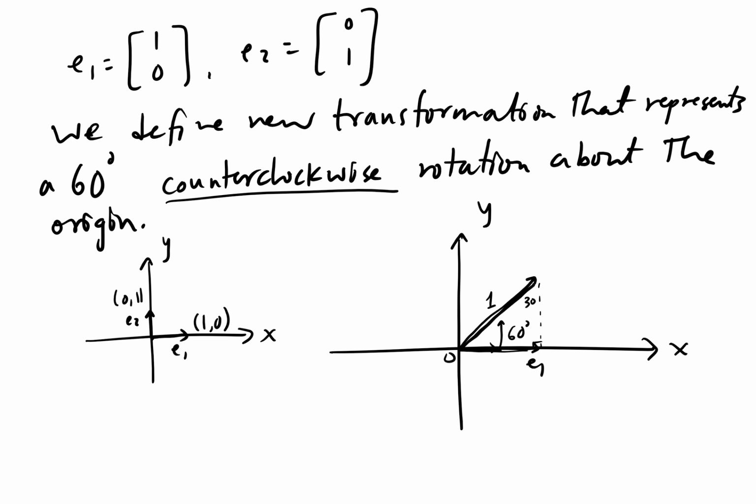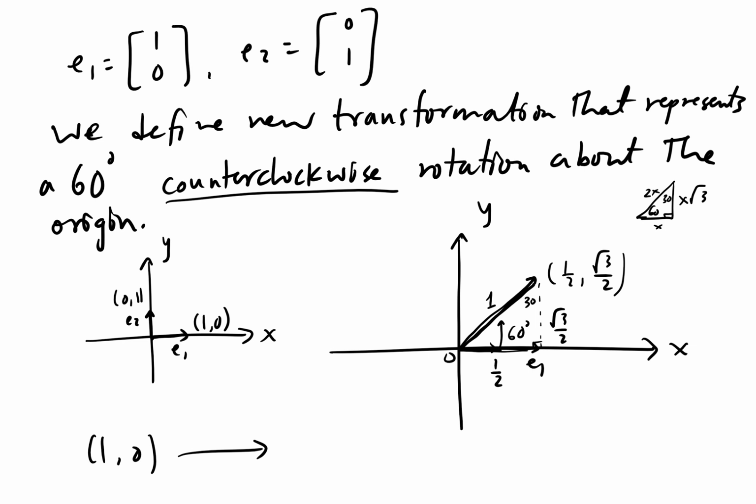And this is the 30, 60, 90 triangle. If you remember, if this is x, this is 2x, x root 3. Special right triangle. So this is 1, this is 1/2, and this is root 3 over 2. So this becomes 1/2 comma root 3 over 2. This means 1, 0 became 1/2 comma root 3 over 2 when we apply this T transformation. So this is T of E1,